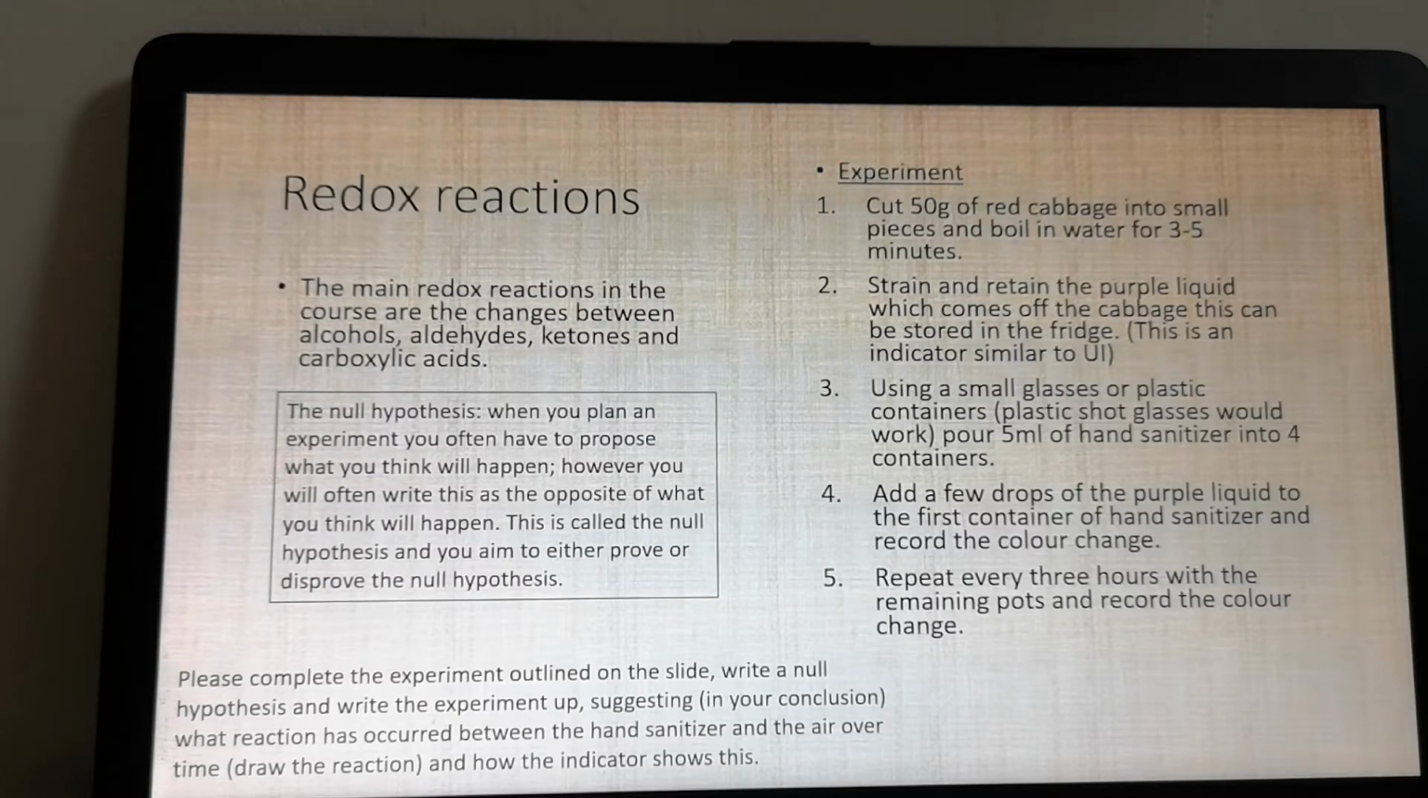I'd like for you to include a null hypothesis in your experiment. You can Google it and get a little bit more information about it. I'd like for you to write up your method. You can just copy mine out. Do a diagram of your apparatus,